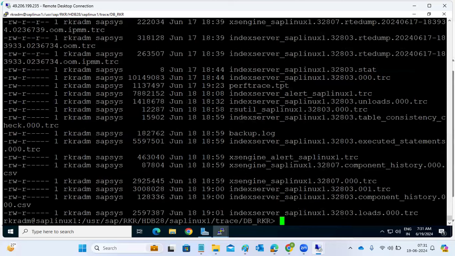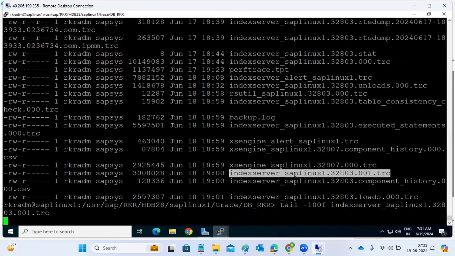When you see the traces, look at the index server trace. Why? Because the index server is the main important thing here. All the data resides inside the index server only. So if you go to the index server trace file in the trace directory,